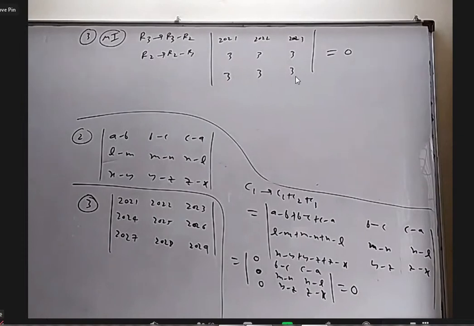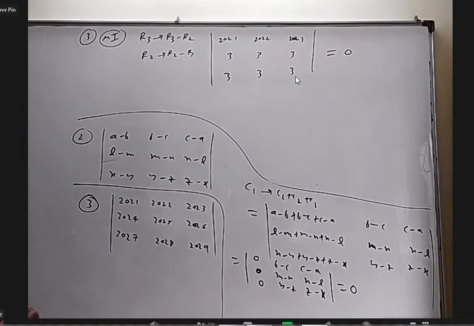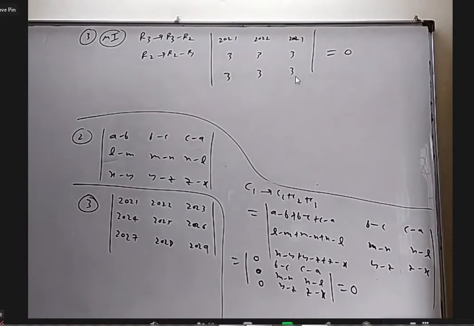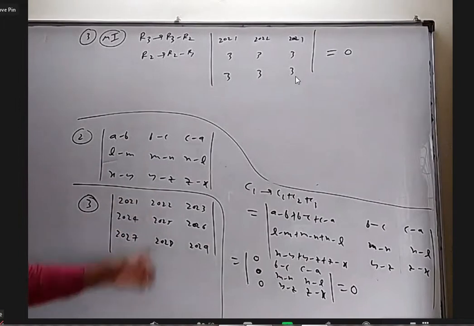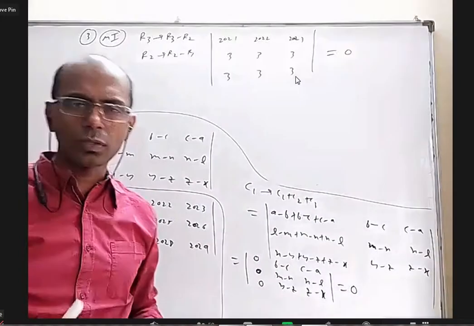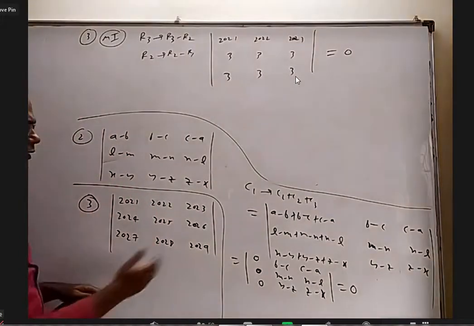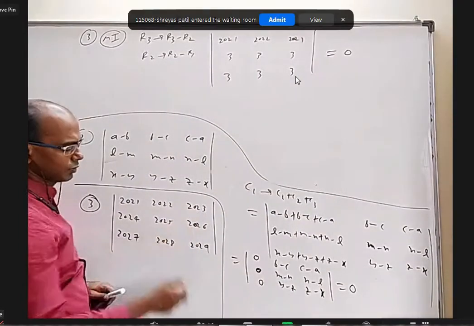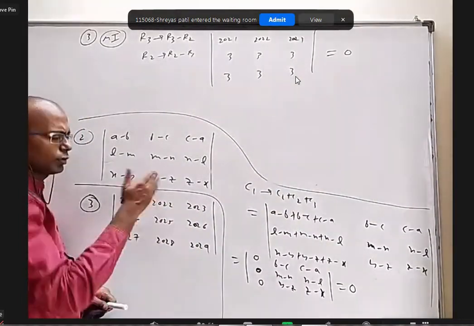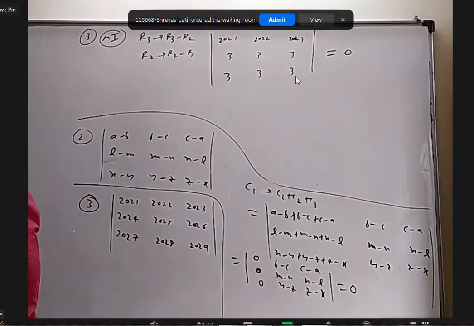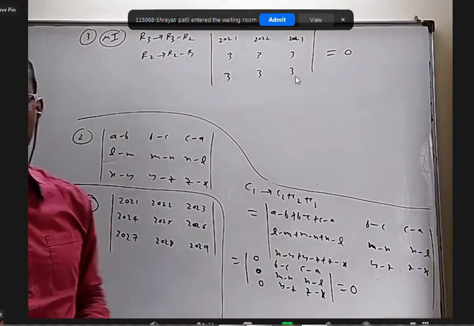R2 minus R2 minus? Yeah, you will get somewhat like this only, right? 1, 1. Oh, you want to do that by column. You are saying columns and you are talking about rows. Yeah, you can do that. From third column, if you remove second column, you will get 1, 1, 1. From second column, remove first column, you will get 1, 1, 1. Two columns are equal, so 0. Yes, I did it for rows. You can also do it by columns. Yes, you are right.